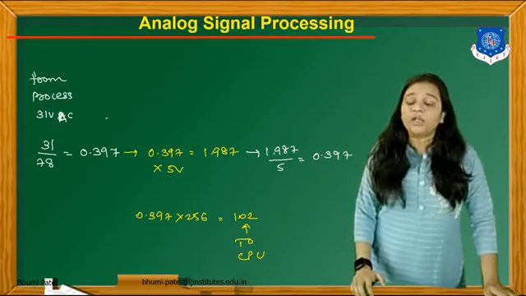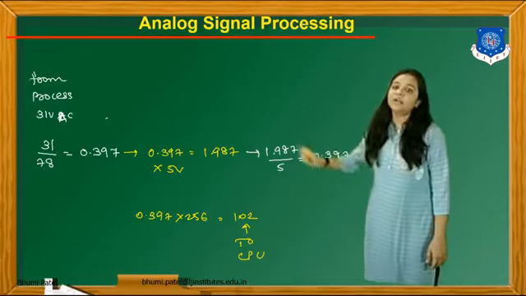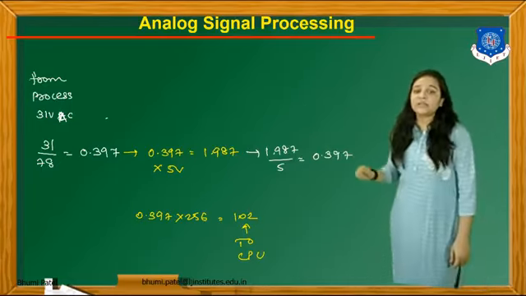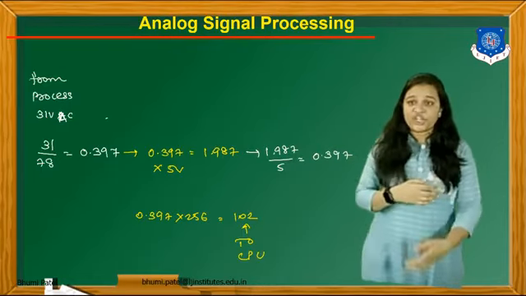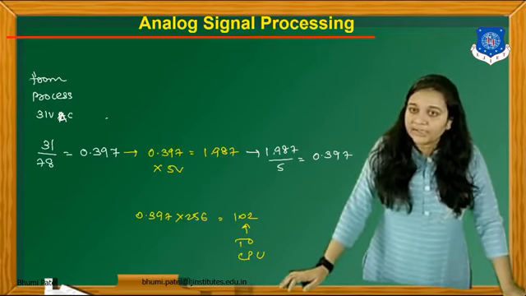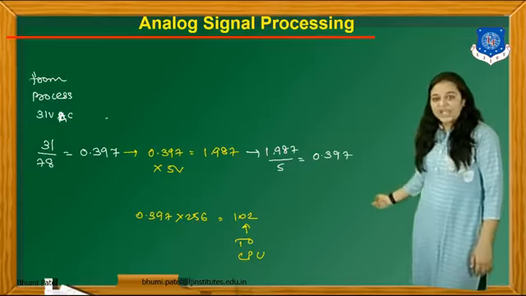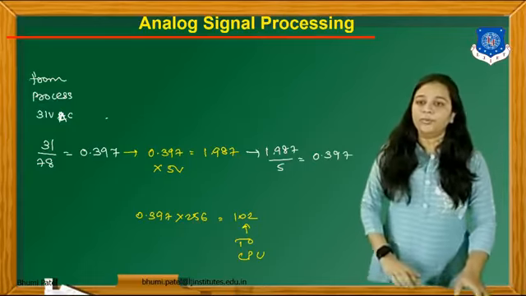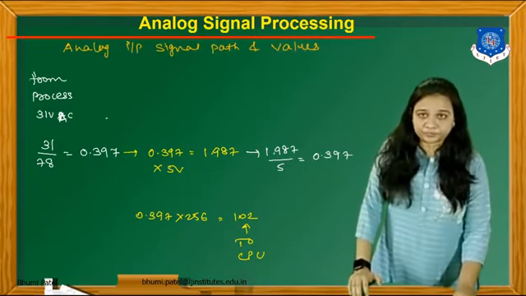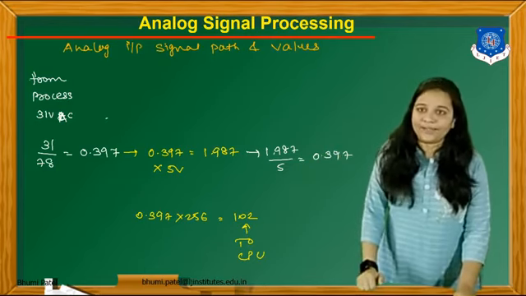What is the meaning of 102? Whenever my input reaches the 31 volt AC supply, at that time the bit position is 102. If we change the input value, like 35 volt AC or 45 volt AC, the value of the bit will change according to the input voltage. So this is all about the input module, the analog input signal path and its values.